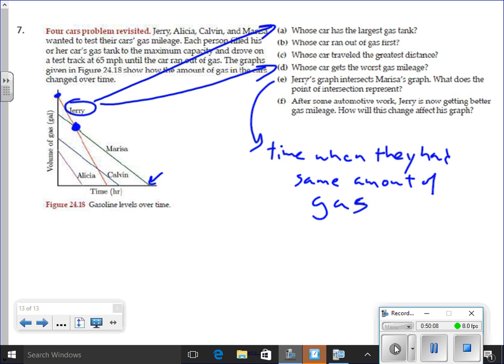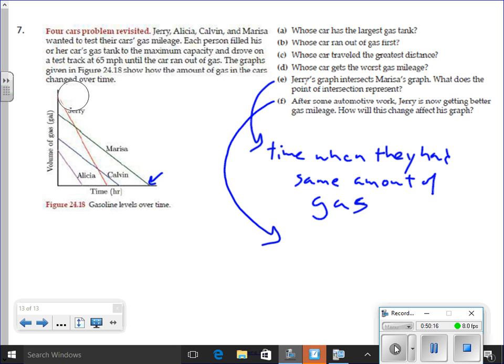After some automotive work, Jerry is now getting better gas mileage, okay? So how is this going to affect his graph? Well, if he's getting better gas mileage, he's not going to run out as soon. So his graph might be able to do something like that. So how will this change affect his graph? Well, the line will